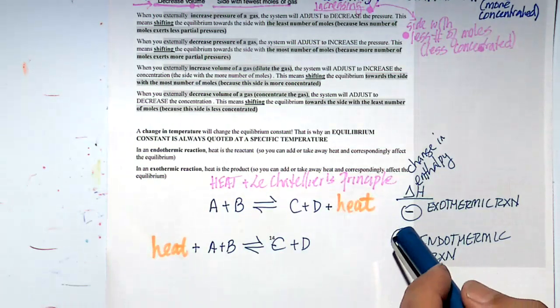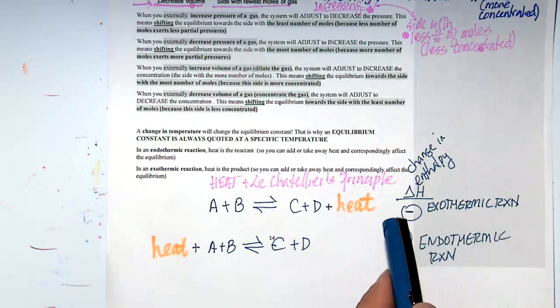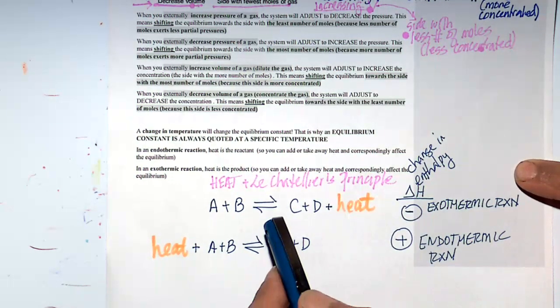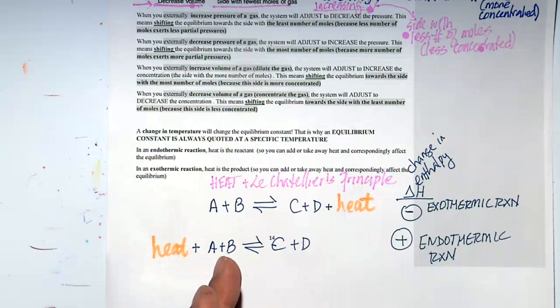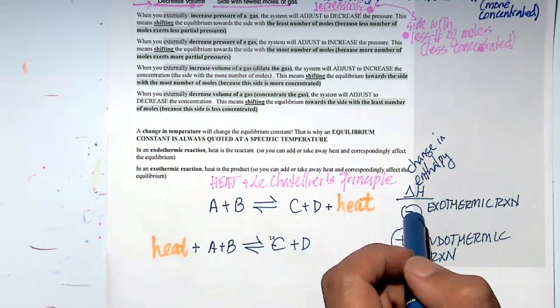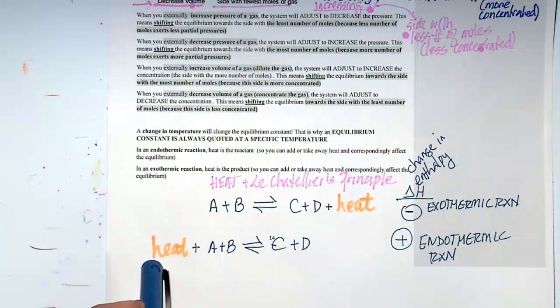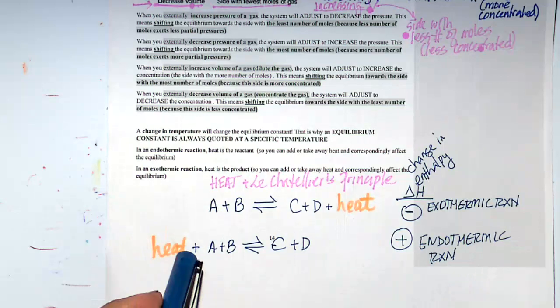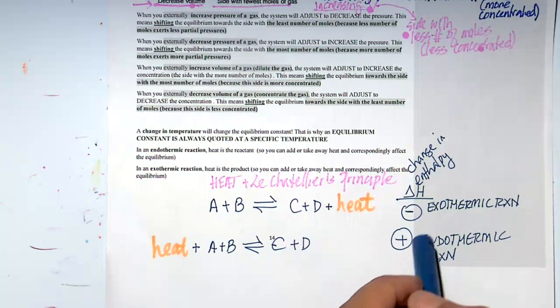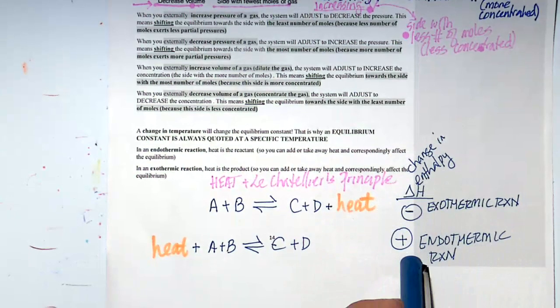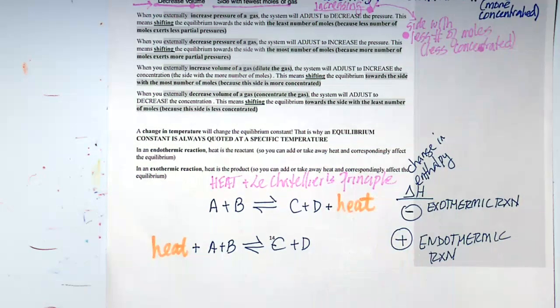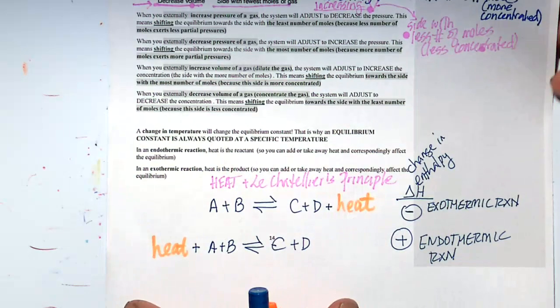So just remember, if your delta H on the exam or the quiz is negative, we call that an exothermic reaction. Exo means outside. And usually the enthalpy will have a negative value. The opposite, if this reaction requires heat, it's an endo. Endo means taking in, like endosperm or endoderm, inside. So it's taking in heat. That's an endothermic reaction. This thermodynamic parameter, change in enthalpy, will have a positive value. I'm going to move on here to our last couple of pages.